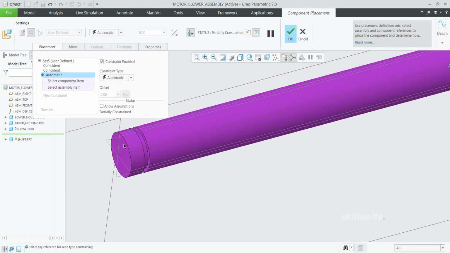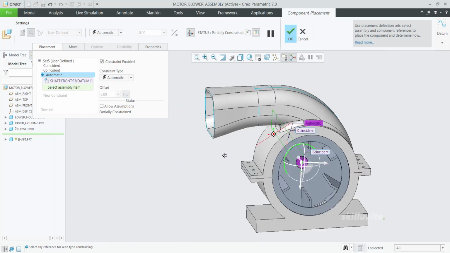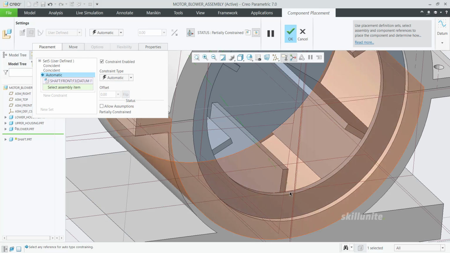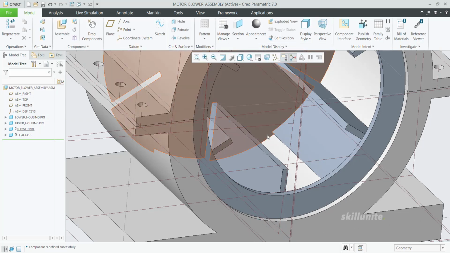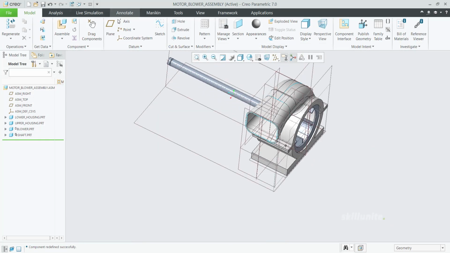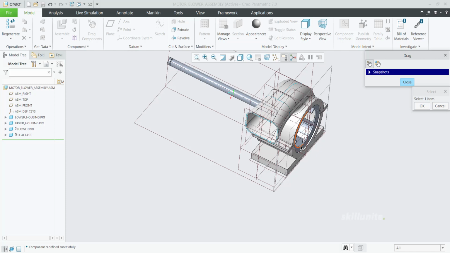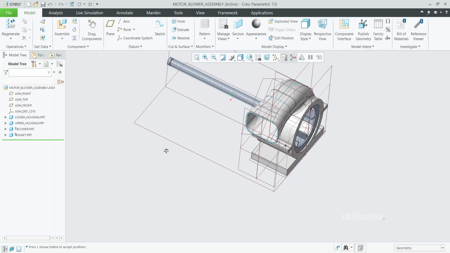For this shaft there will be a center plane, and for this blower there will be a center plane. Choose those, make it coincident and click OK. Now they have been linked to each other. If I rotate my shaft, automatically the blower will rotate. Then close it.